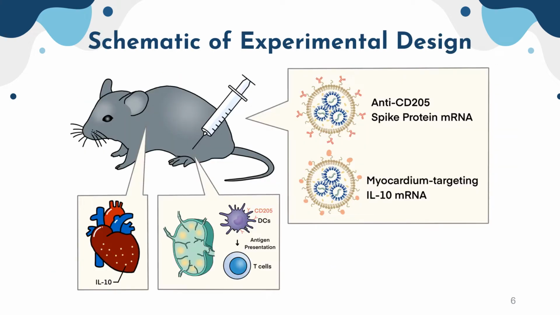So here is the experimental design. Two lipid nanoparticles are injected into mice intramuscularly. First, anti-CD205 lipid nanoparticles encapsulating the mRNA of spike protein can interact with dendritic cells and be transported to lymph nodes